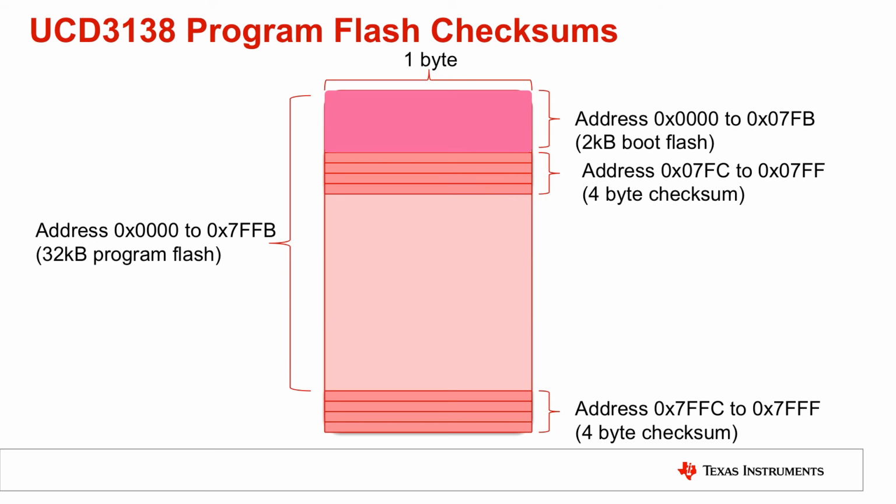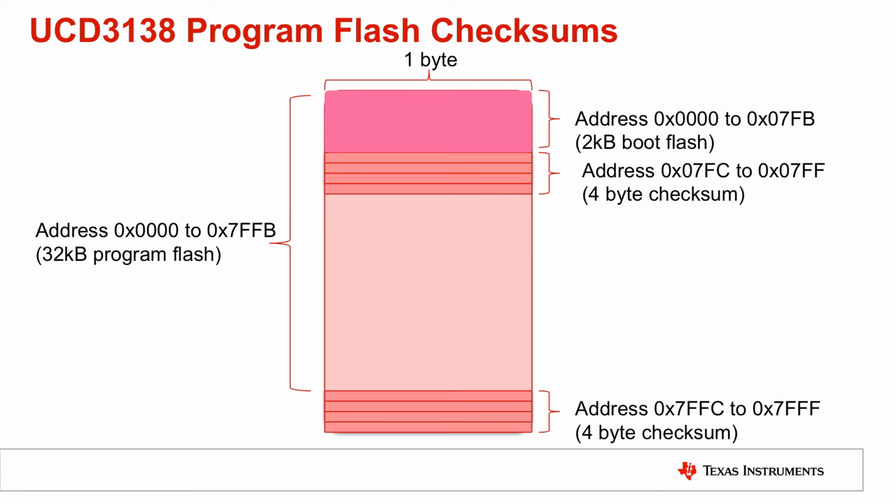The checksums provide a way to check the integrity of the contents of Program Flash before the code in Program Flash is executed. From a user perspective, we either include or exclude these checksums when writing to Program Flash. Excluding them will force the device to stay in ROM mode after a POR. Including them will force the device to run in Flash mode after a power on reset, provided the Program Flash has not been corrupted, of course.